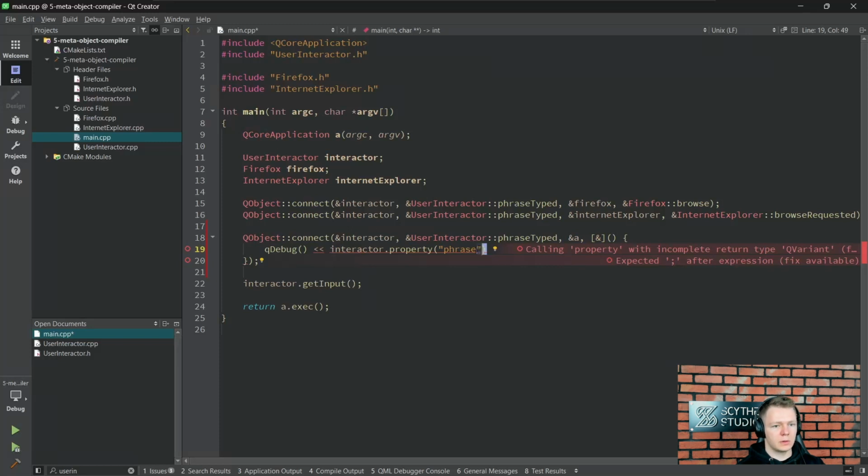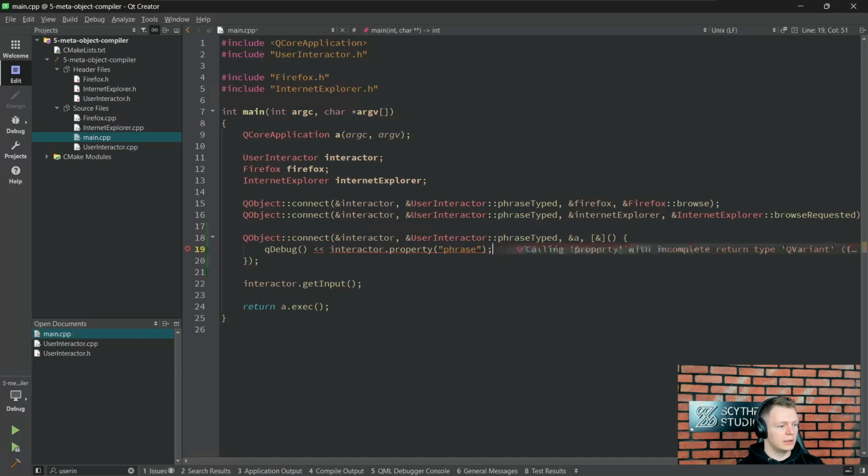The property function returns the value of the property that has a type QVariant. QVariant is a built-in Qt type which technically can be anything. You can see that it complains here about not knowing QVariant, but that's because the QVariant header was not included before. Let's fix it then